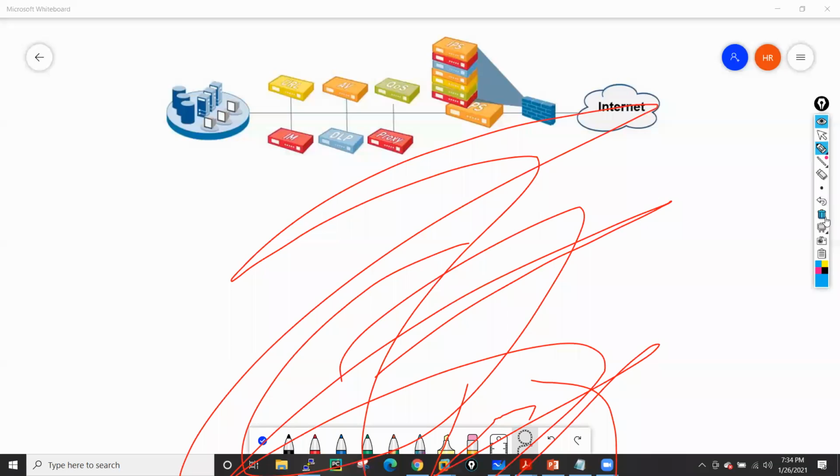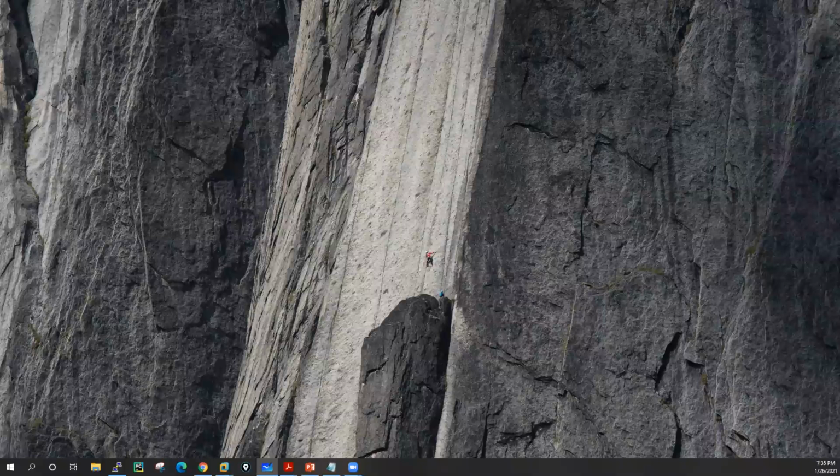Okay. Actually, my Paint is hung, so that's why. Let me stop sharing and I will reshare again.